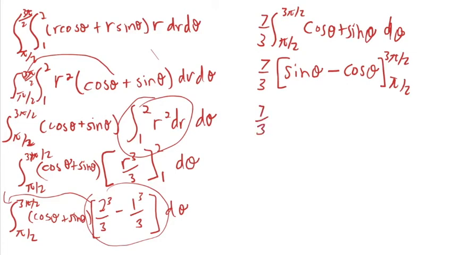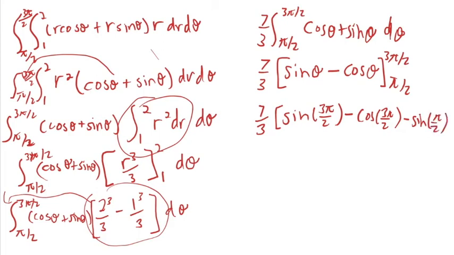So now you're going to have 7/3 times sine of 3 pi over 2 minus cosine of 3 pi over 2. And that's going to be minus sine pi over 2 and minus a negative cosine theta, so plus cosine of pi over 2. And that all comes out to be 7/3 times